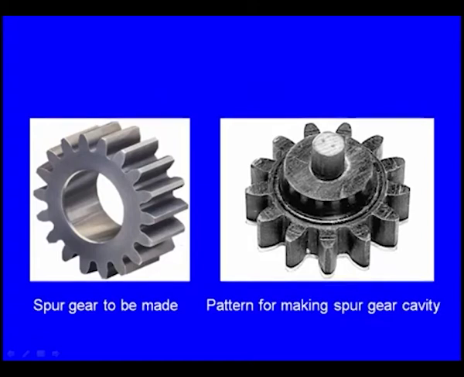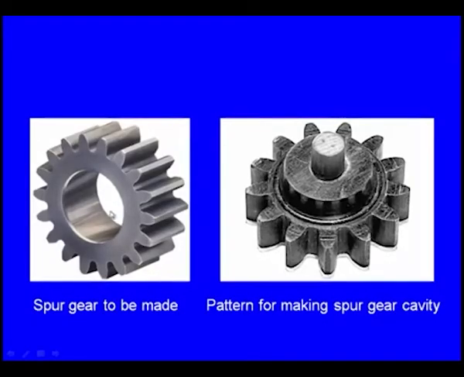Now, we can see here another example. This is the spur gear manufactured by casting. Now, to manufacture this spur gear, this is the pattern used. When we take this pattern and put it inside the molding box, and make the cavity using this pattern, and after the compaction of the molding sand is completed, we withdraw the pattern. Then what happens? There will be a mould cavity and there is no provision to get this kind of hole. Again, to get the hole here, what do we have to do? We have to place a core here. So, this is the concept of the core.